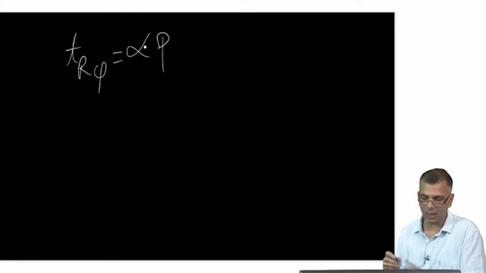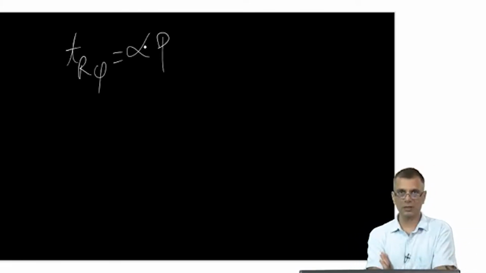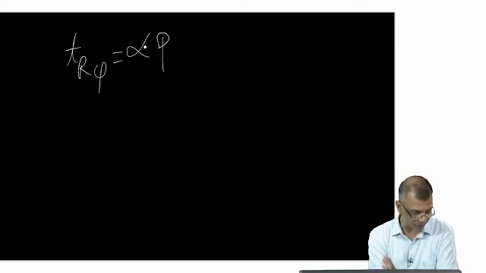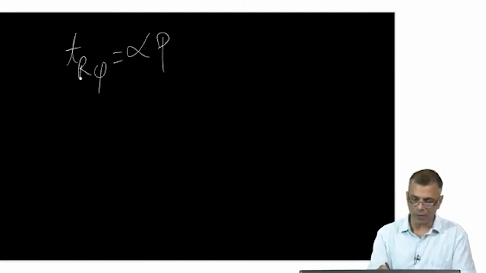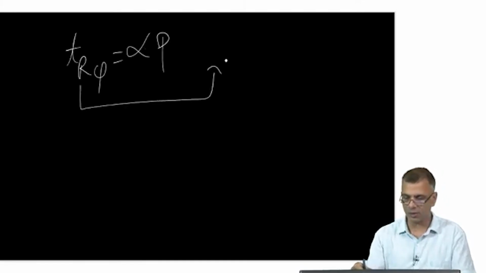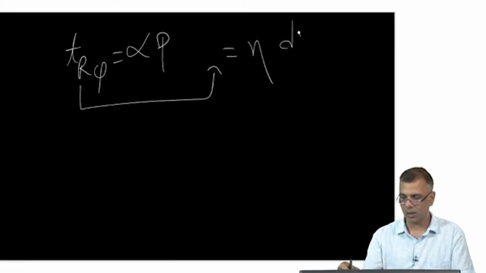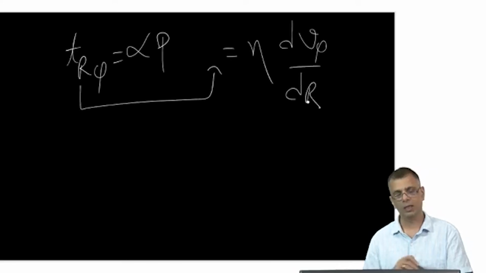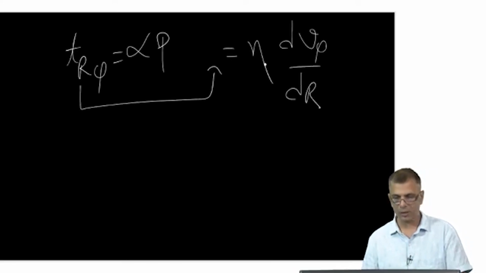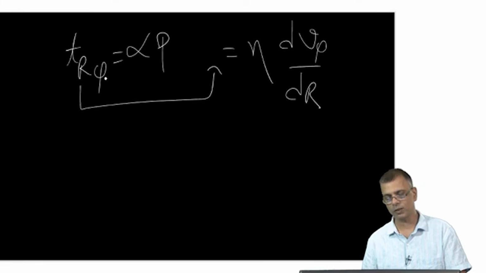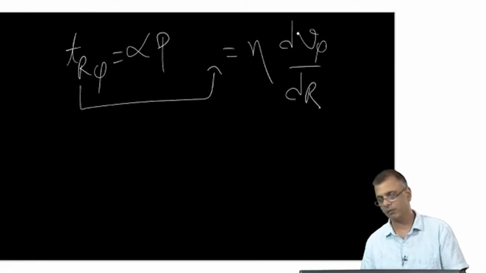This is the famous Shakura-Sunyaev parameterization, and by definition this Tr phi is something like eta times dV phi dr, because this is the definition of the viscous R phi component of the stress tensor,